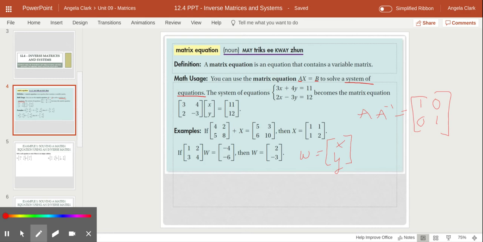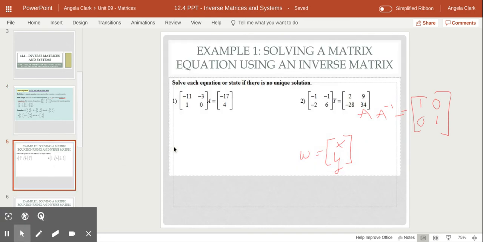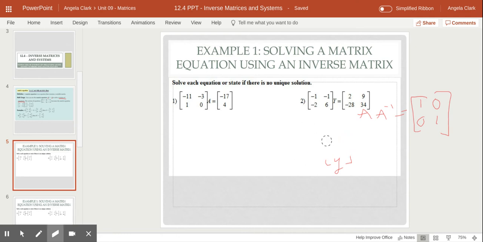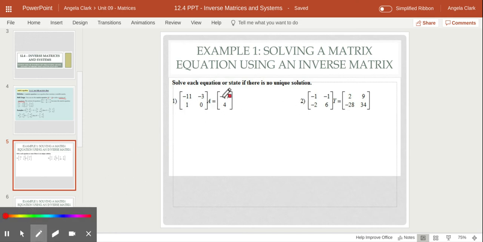Yeah. Let's do some actual examples. So looking at this, I want to find A in this first one. So first thing I need to do is I need to get the inverse of this. And remember, our formula for the inverse of a 2 by 2 matrix was I have 1 over the determinant